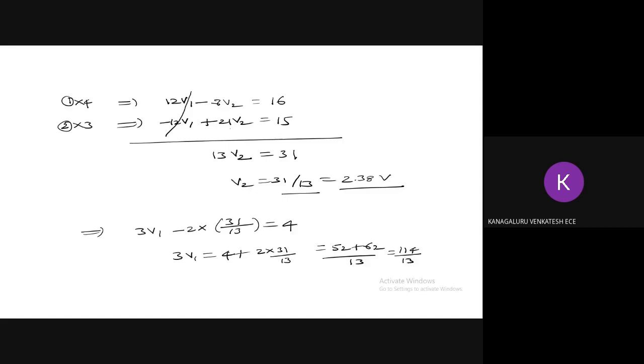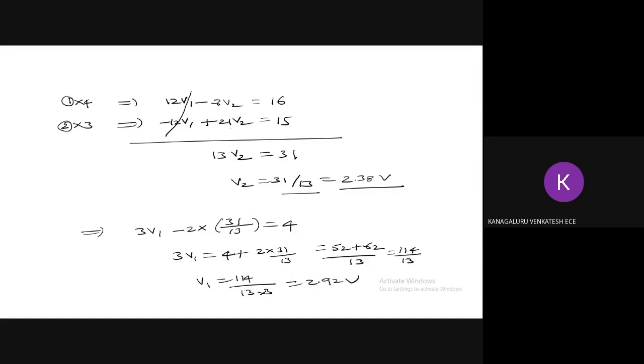Okay, here it is 3V1. Therefore, V1 equal to 114 divided by 13 into 3. How much do you get? Tell me, 13 into 3. You will get 2.92. You can check it.